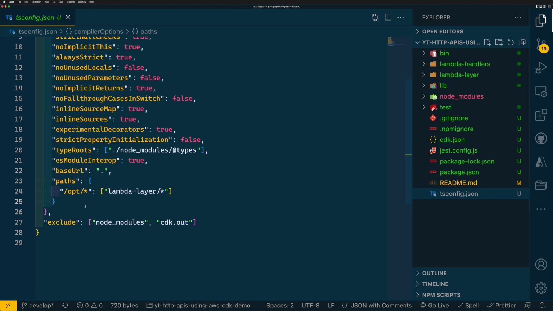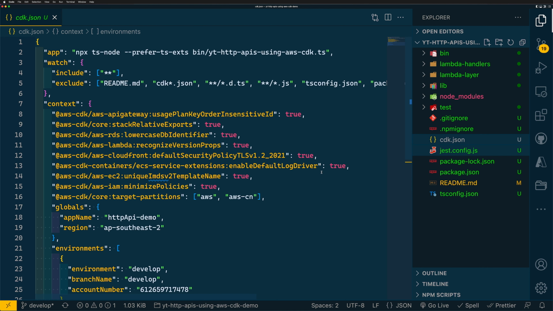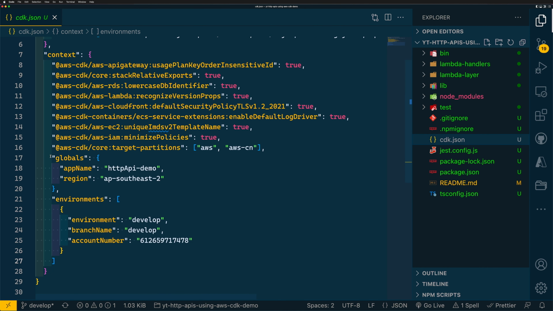So in my tsconfig file, I added 2 keys, base URL and path mapping. And this mapping is required to make TypeScript happy for our Lambda layer. We are basically mapping our local Lambda layer directory to /opt, as all our Lambda layers will be mapped to /opt within the Lambda runtime. In my cdk.json file, I define my context and set values for app name, region, and